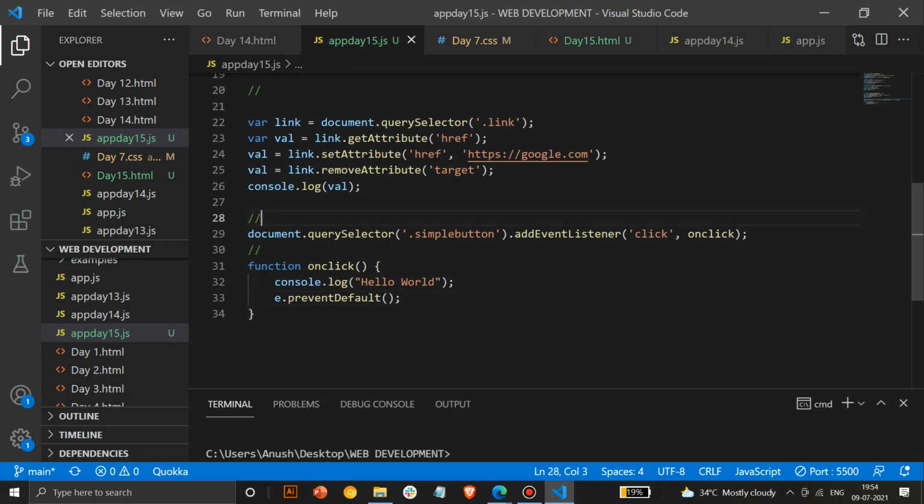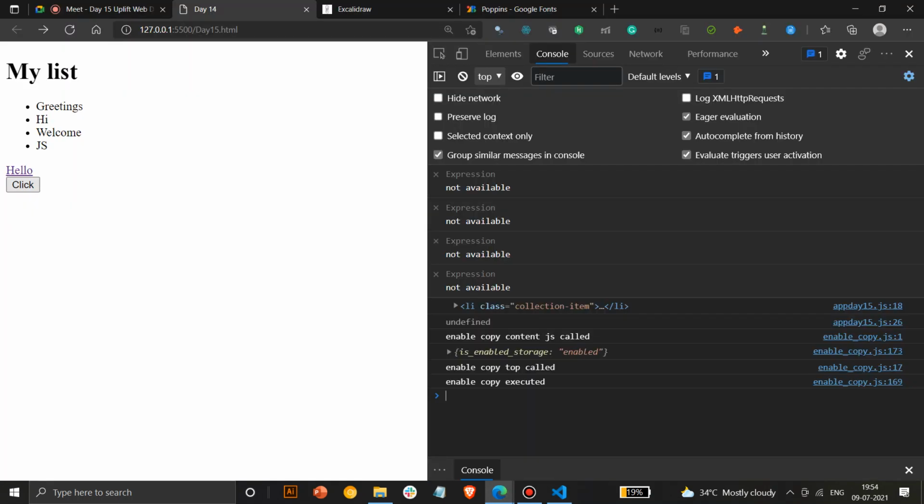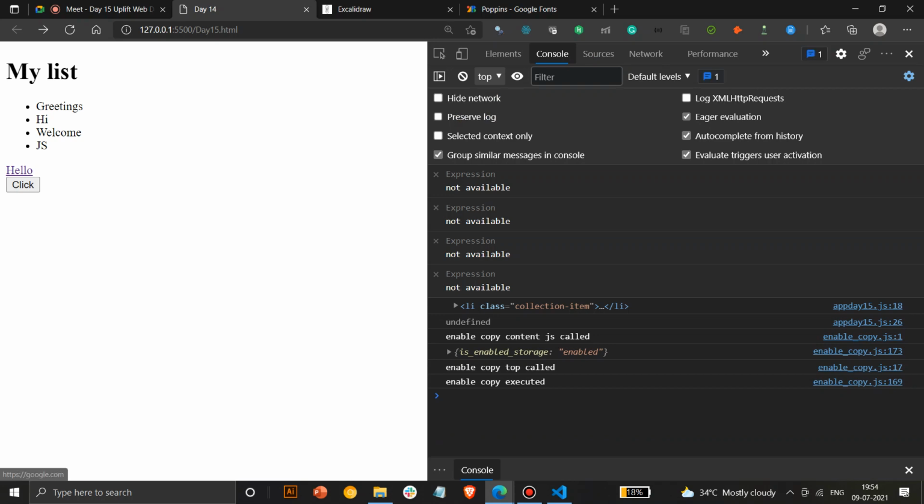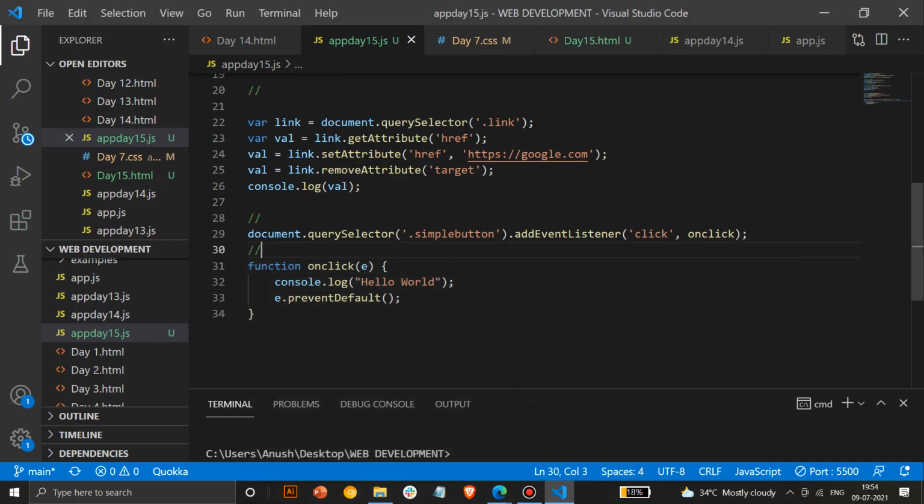It's better to create functions so that you will be clear what is happening at a particular line, and I think this will work the same way. If you click hello world, it shows e is not defined. So here you have to define e, and now it won't give an error. It's always better to define this. If you have an error, you can console log e and it shows the particular error also.